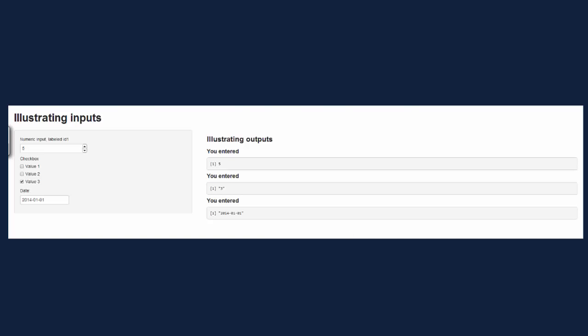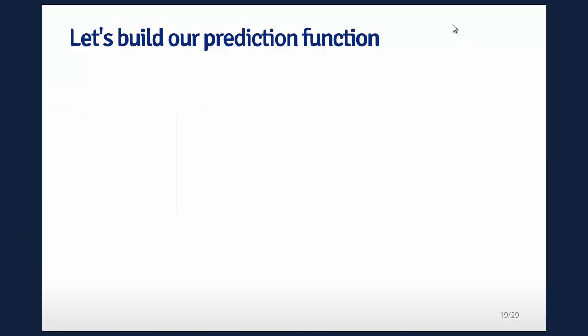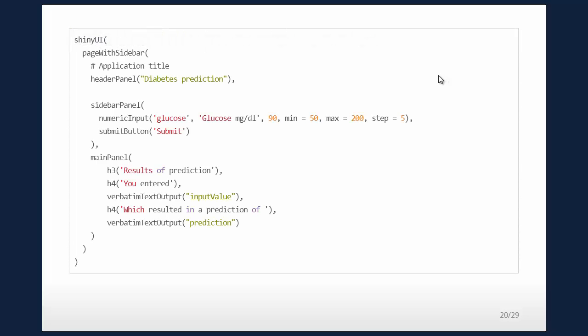Okay, so now that we have our skills, let's build our predict function. I'm going to go through all the little bits of this code and then I'll pan out and run it real quick. I'm going to do a page with sidebar because that's what I always do. In Shiny UI, Shiny User Interface, I'm going to tell the people that this is a diabetes prediction